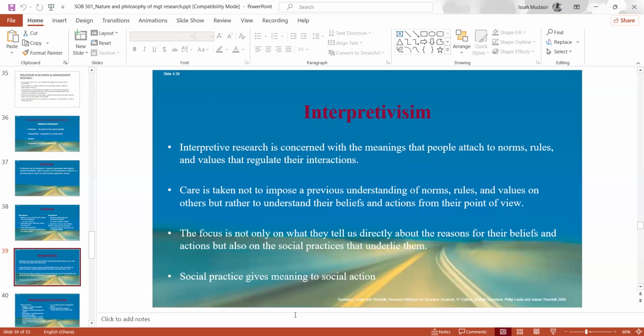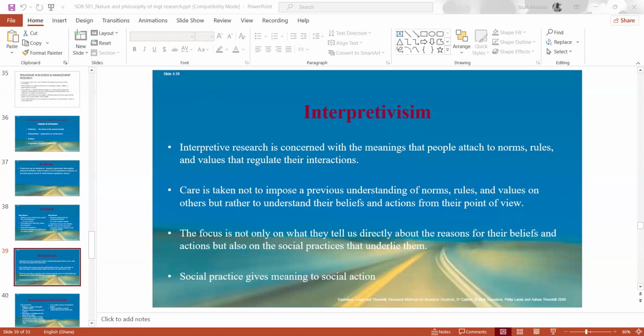The researcher must be aware that there are differences in norms, rules, and attitudes from one context to the other, and the researcher must capture these different situations and scenarios in the research process